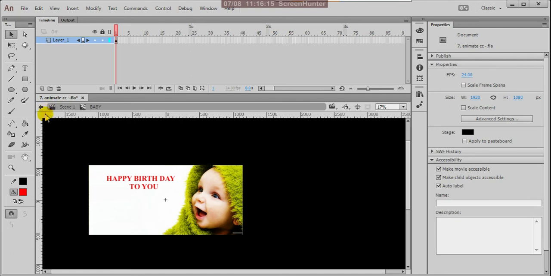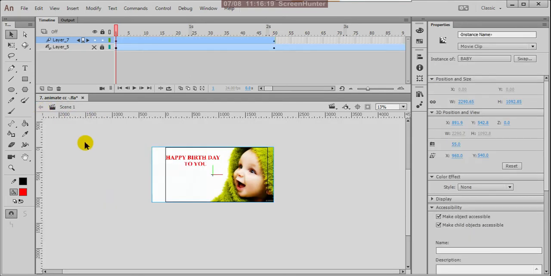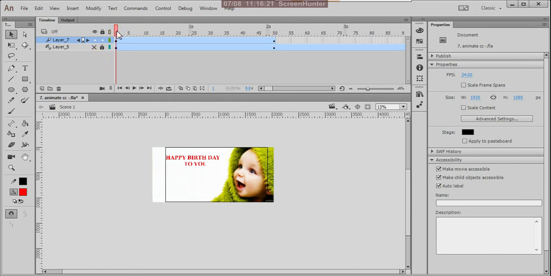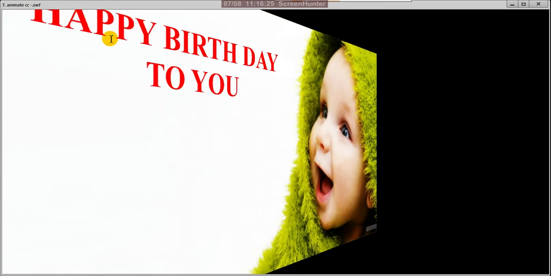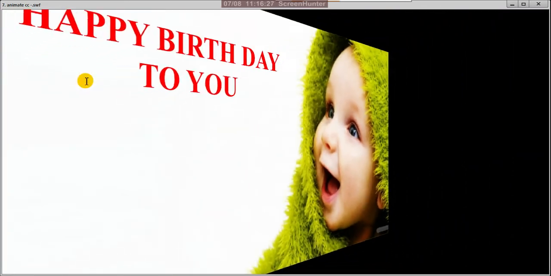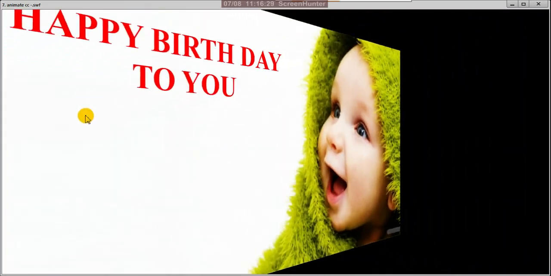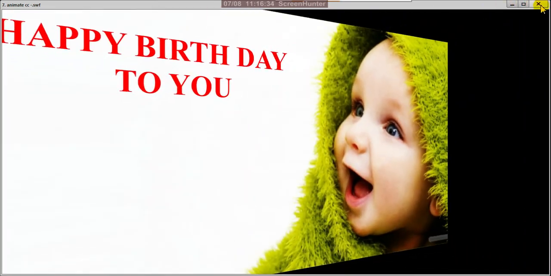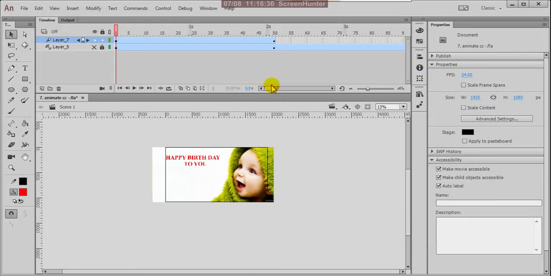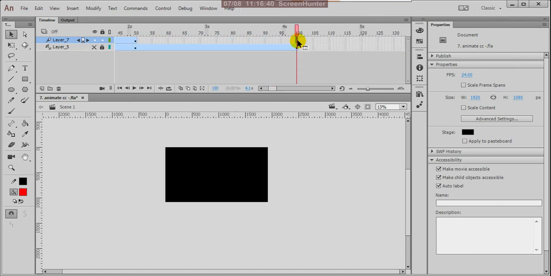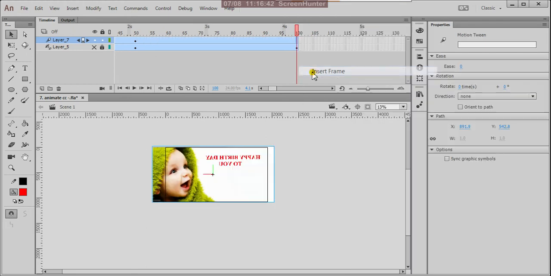Okay, next come from the simulating mode. Click on this. Now you can check along with your text. This is also moving, but they are giving some blink. To avoid that, at 100 frame, again right click, insert frame.